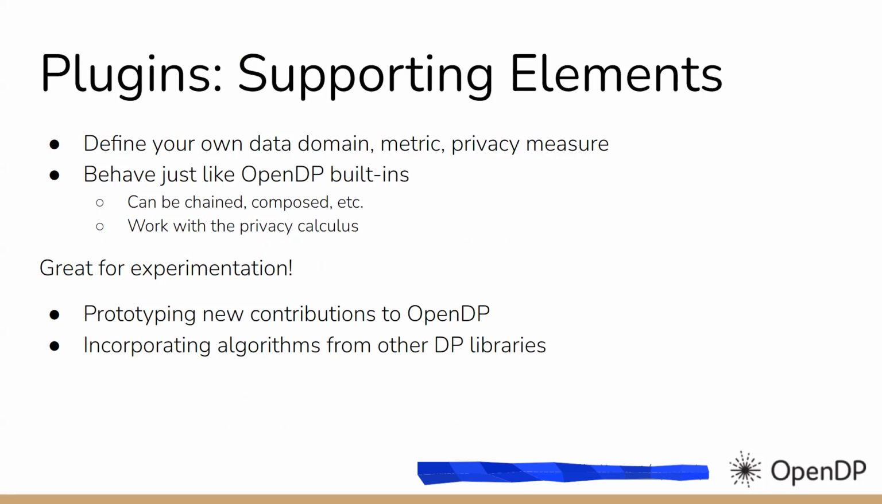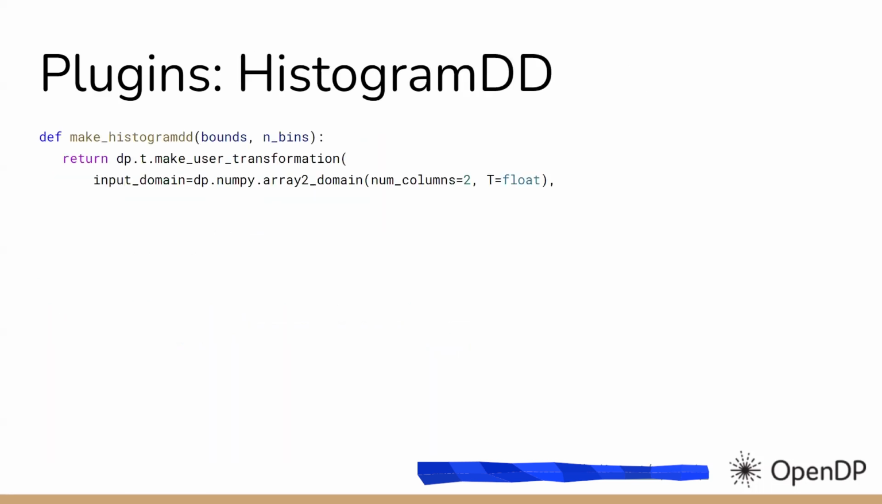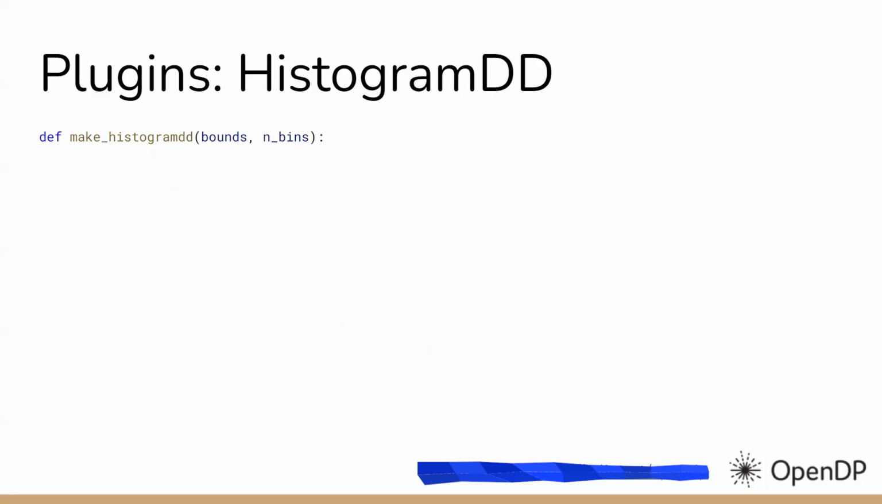We now also support building your own domains, metrics, and privacy measures from Python as well. They also behave just like OpenDP built-ins. You can chain and compose them. It's great for experimentation. So a quick example, on this low-level API, we're going to make a